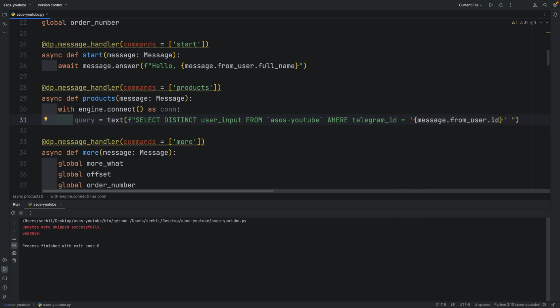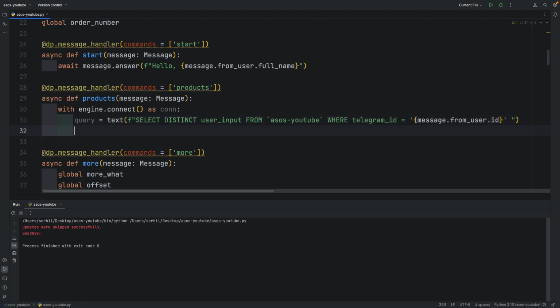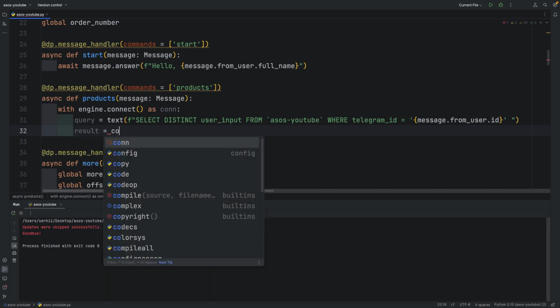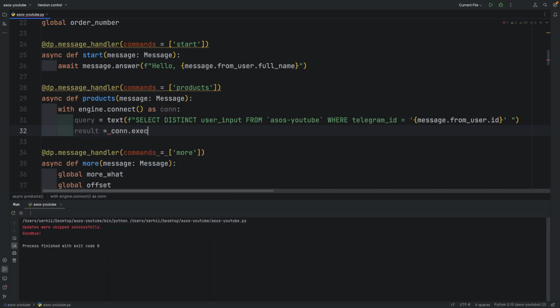In the second part of the query, where acts as a filter, allowing only the results that meet this specific requirement to be returned. In the end, we should receive only unique user inputs, and only for the user who sends this command. So the result will be equal to the result after executing this query.